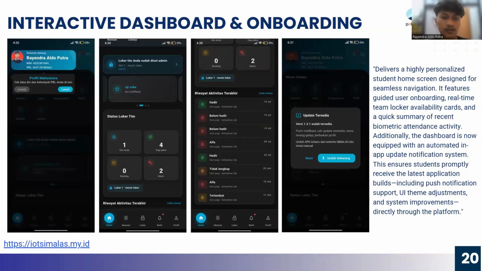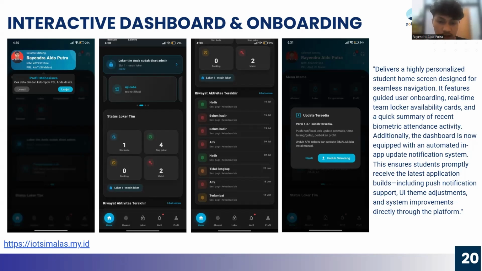Next is the interactive dashboard and onboarding. Once logged into the app, students are welcomed by this interactive dashboard. I designed it to provide instant information on real-time locker availability and a quick summary of recent attendance history. Additionally, there is an app update module.